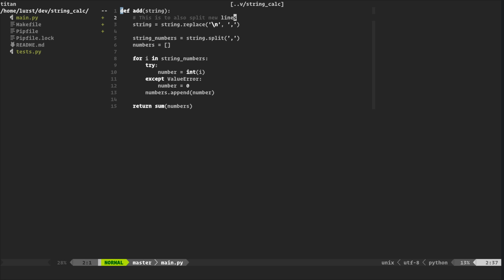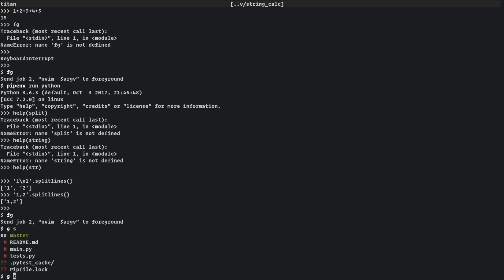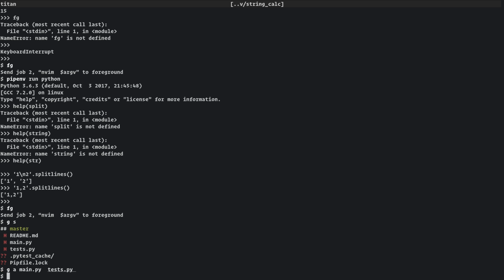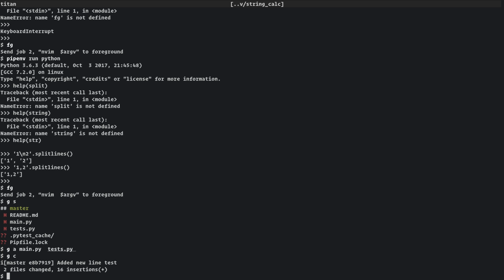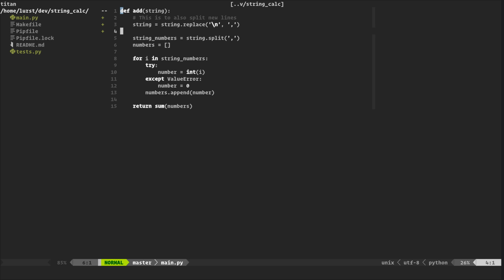Red green refactor, but this is not as great of a refactor. Okay, let me commit this. I'll also change the README. Let's not care about that. Add new line test. Okay.